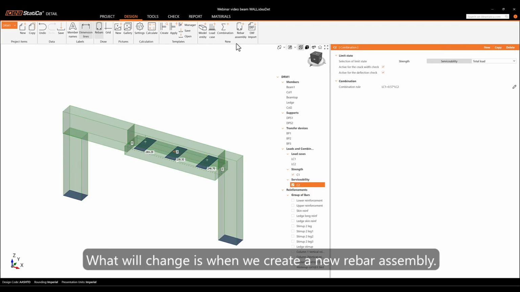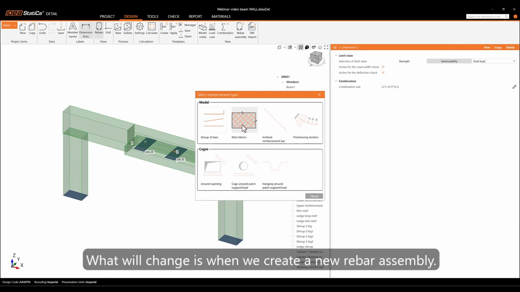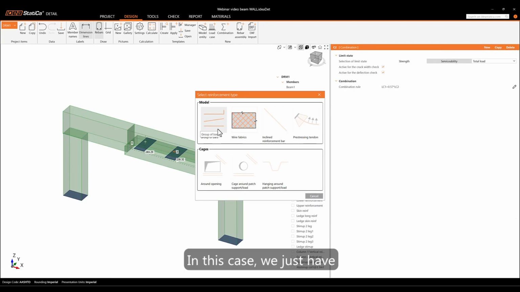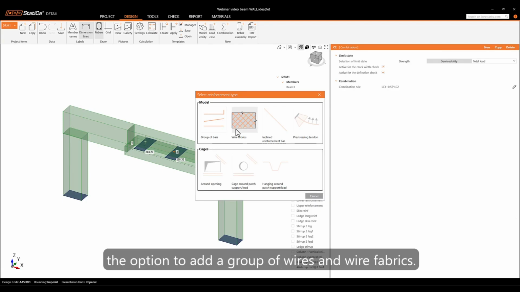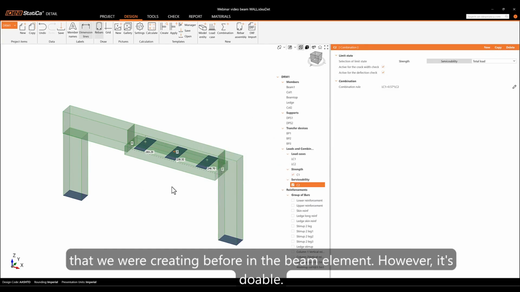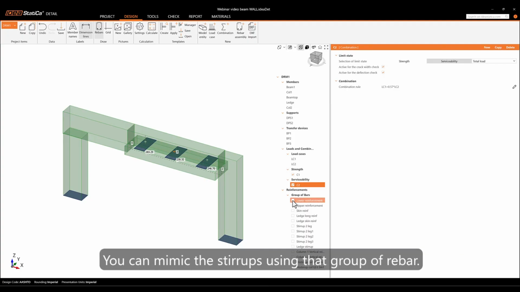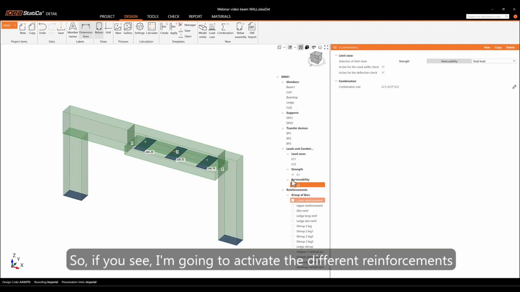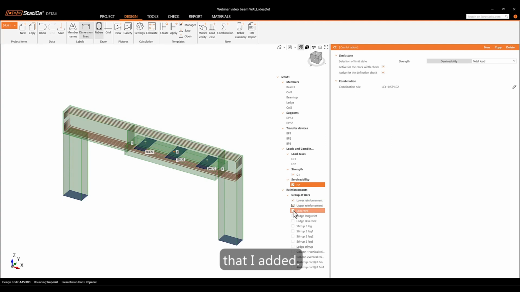What will change is when we create a new rebar assembly. In this case, we just have the option to add group of wires and wire fabrics. So there is no automatic way to create the stirrups that we were creating before in the beam element. However, it's doable. You can mimic the stirrups using that group of rebars. So if you see, I'm going to activate the different reinforcements that I added,